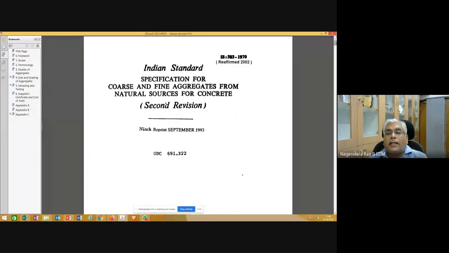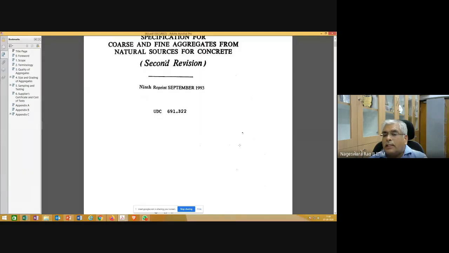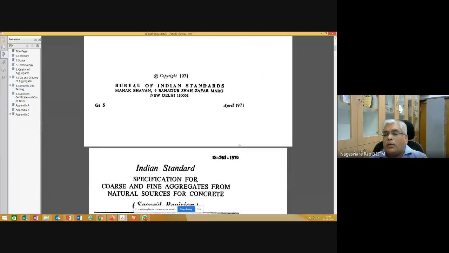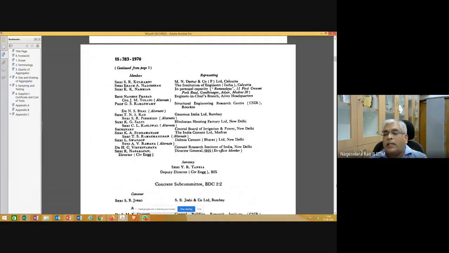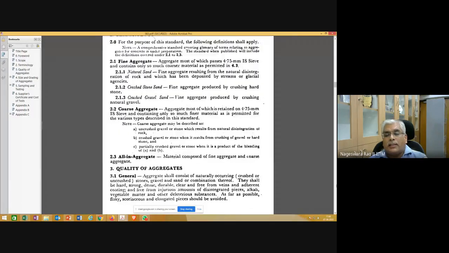It is the specification for coarse and fine aggregates from natural sources for concrete. From natural sources, we are getting these coarse and fine aggregates, and they have to satisfy certain requirements. So what are those requirements? They are all given in IS 383. So let's see some of these requirements.